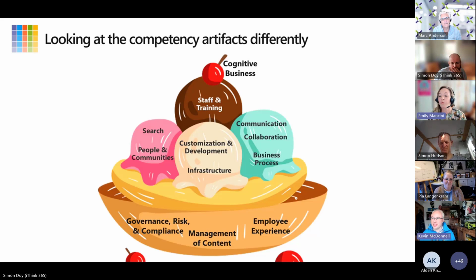Oh, good question. Are staff and training intentionally above the others? No, the way I structured the words in the ice cream is completely nonsensical. It's just what fit on the slide, as I did not have Microsoft Designer make me a custom one. But if we like this analogy, we can definitely go further with it. Going to make everyone on all these calls hungry if we stick with it. We'll all go off our diets.